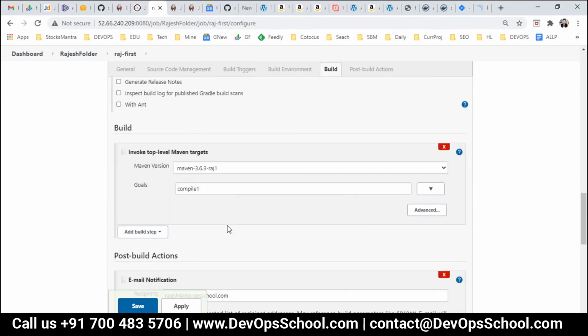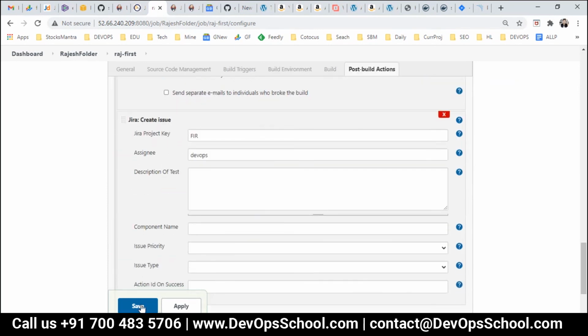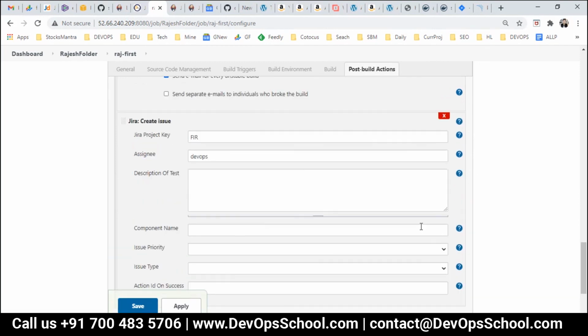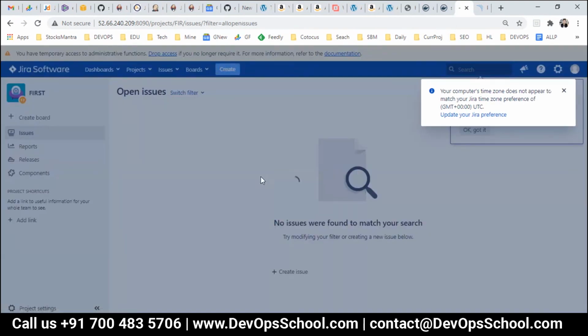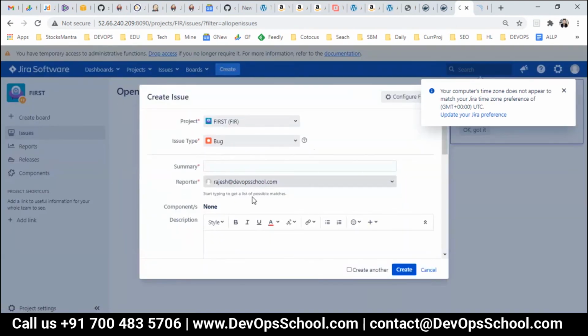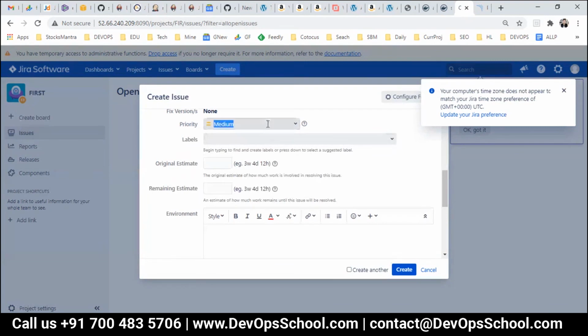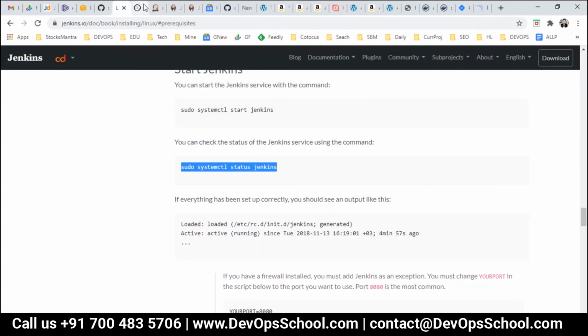Build periodically. Let me pass this build one more time. And here it should come, priority. Which priority? Whatever the priority we have here, all these priorities should pop up there also, but that is not coming.